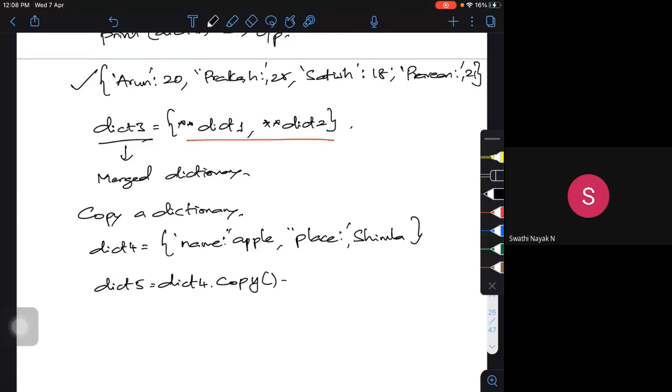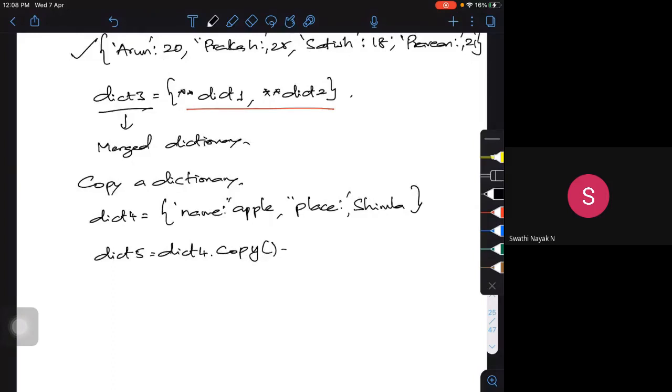What is it going to be? dict5 will be the same as dict4: name Apple and place Shimla. Is it possible for us to copy the dictionary this way? Yes, we have done that. We have copied one dictionary into another dictionary. That means I have one dictionary, and I am creating one more carbon copy of all its items.